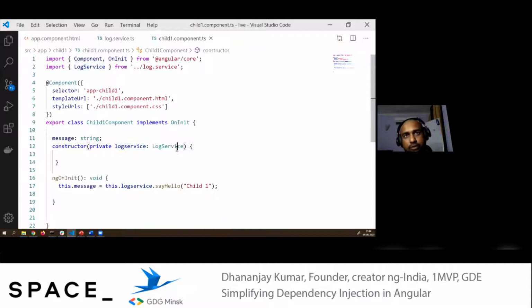I repeat, when you put this code, it means you are instructing Angular that whenever you create an object of child one component, can you get me one reference of log service?